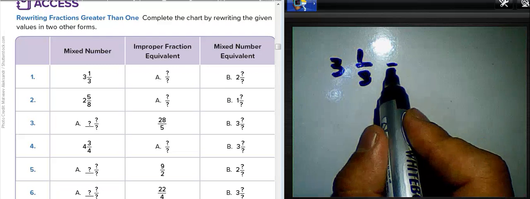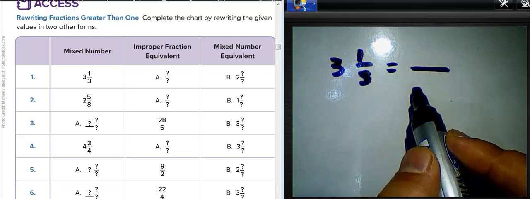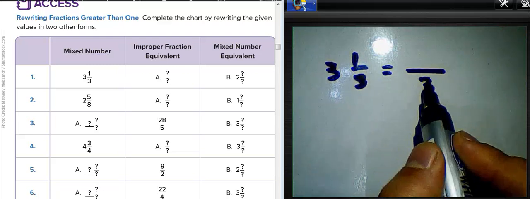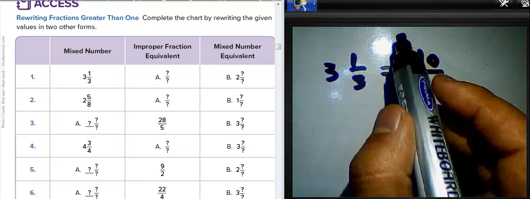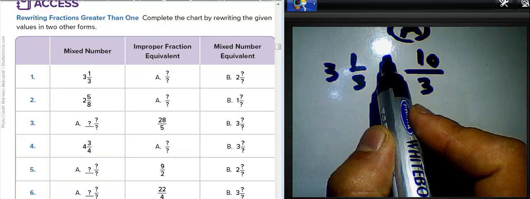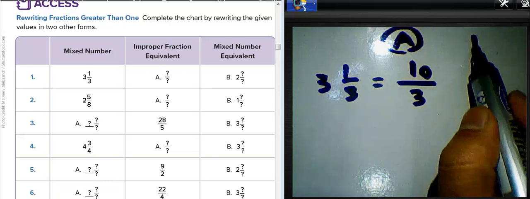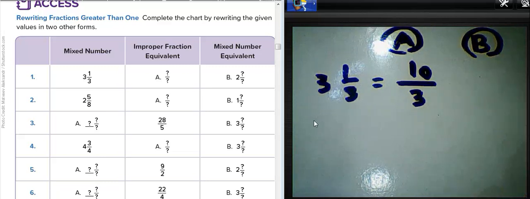We can convert it to an improper fraction. Write 3 in the denominator. 3 times 3 equals 9, plus 1 equals 10. That is letter A. Okay. And what about letter B? About this example, this table here. He writes 2 whole numbers here